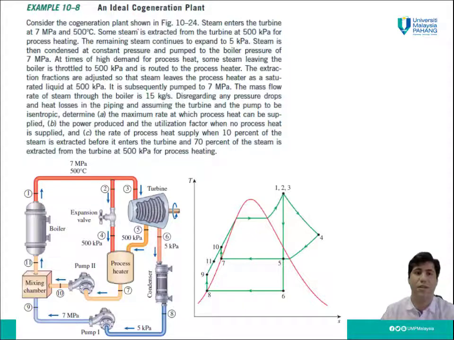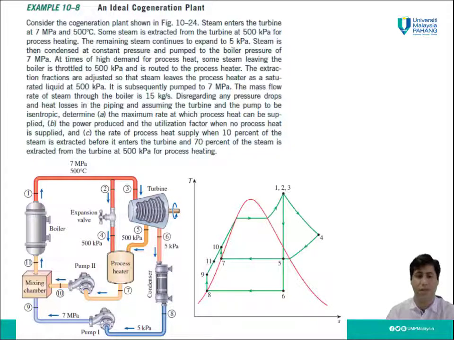First, consider the cogeneration plant, which you can see in this figure. As you can see here, we have the main components, which are the Rankine cycle with a process heater added to the cycle. We have boiler, turbine, condenser, pump in the cycle, and also, because this is a cogeneration cycle, we have a